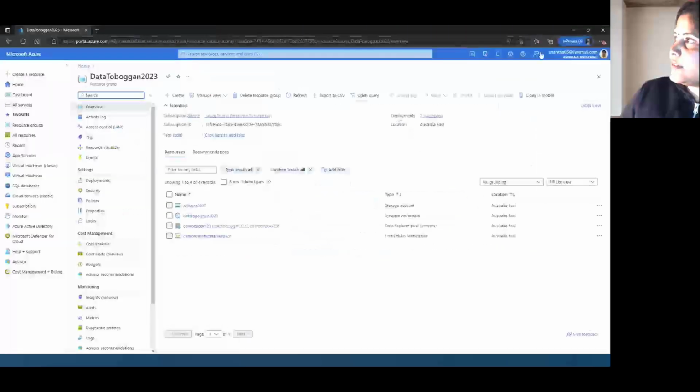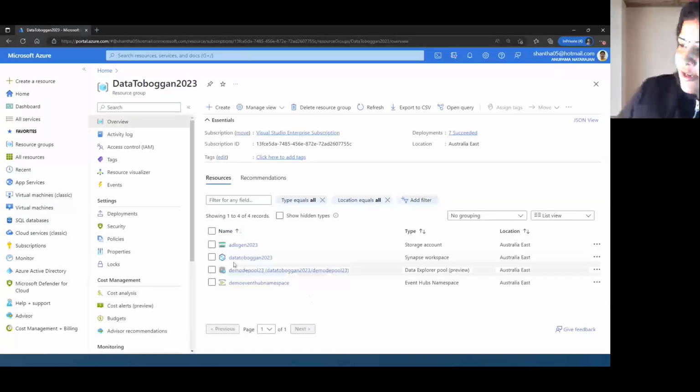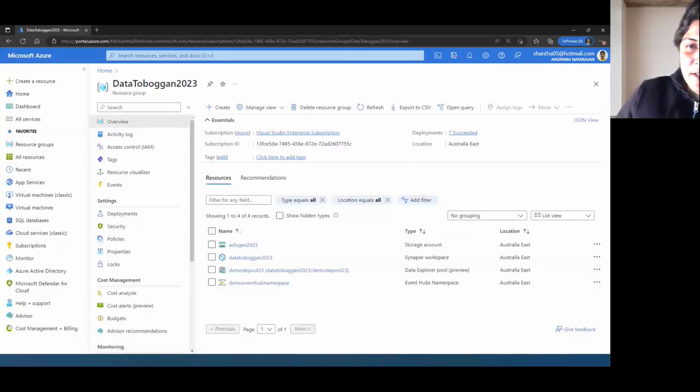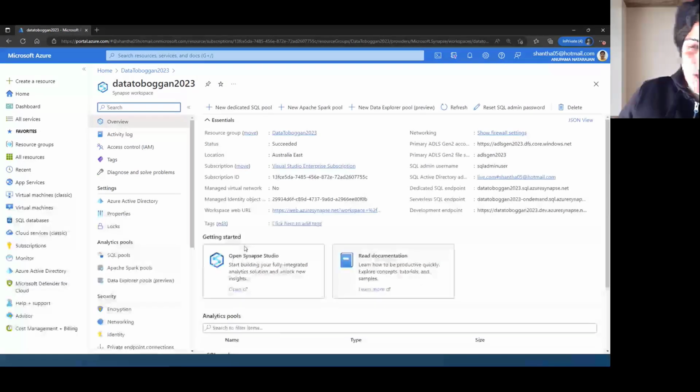Good. Zoom this a bit. So I have got a Synapse workspace that I have already created for demo purposes, and I have just clicked on it. There are multiple ways that you can create the Data Explorer pool, similar to how you do that with your SQL or Spark pool. So here I have got the new Data Explorer pool that I can create. Note it down, it's still in preview. So you can click on here